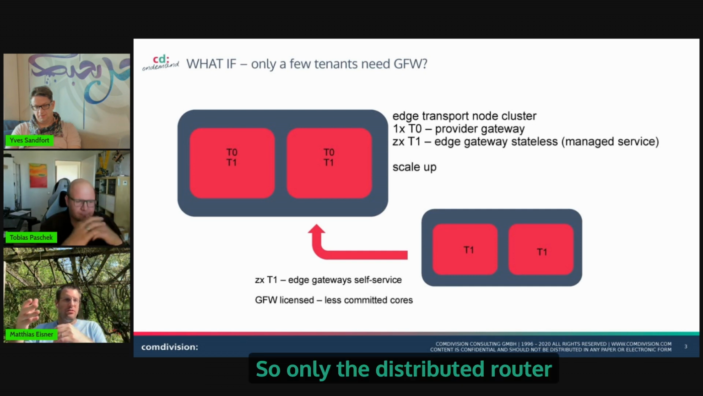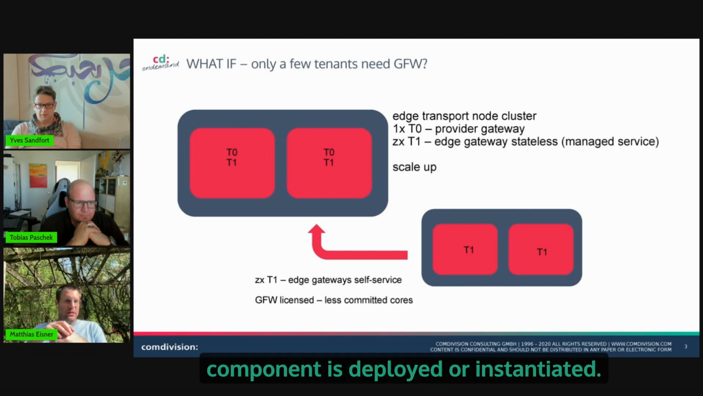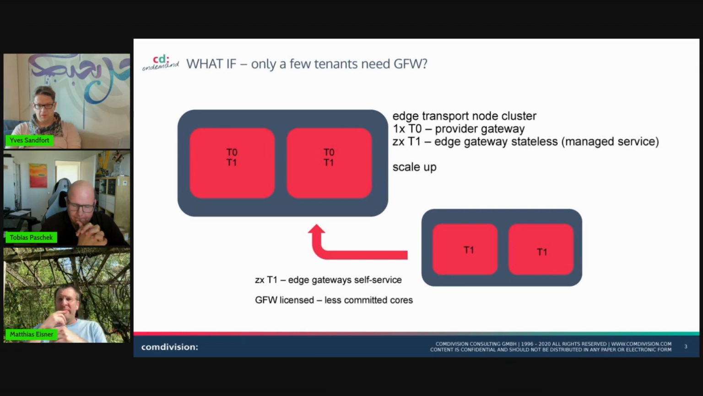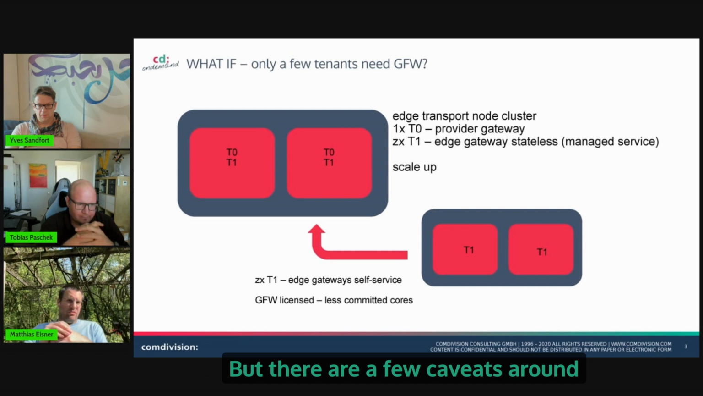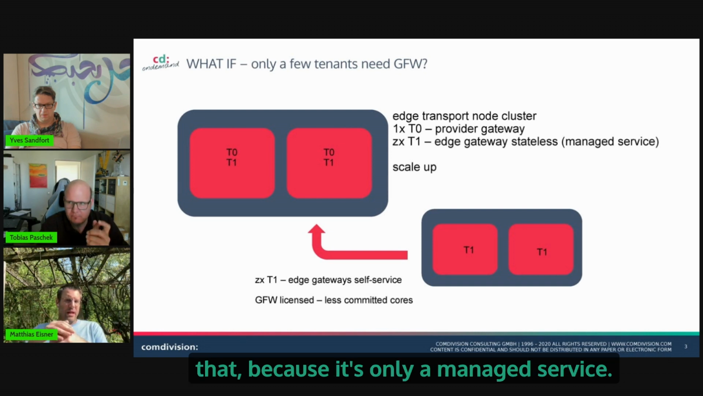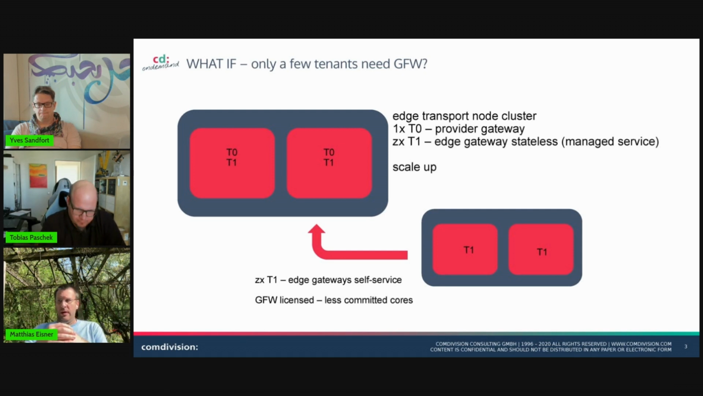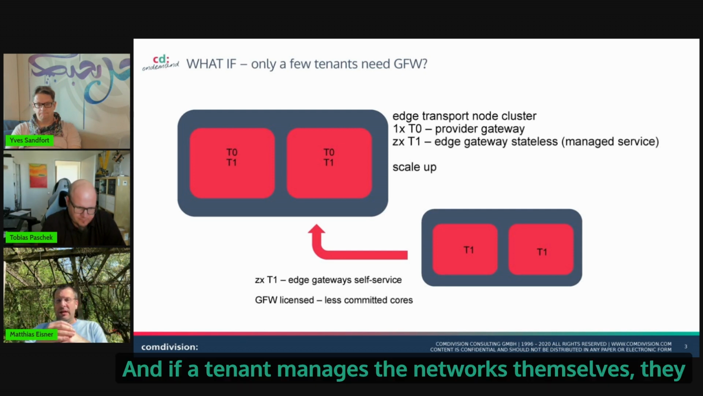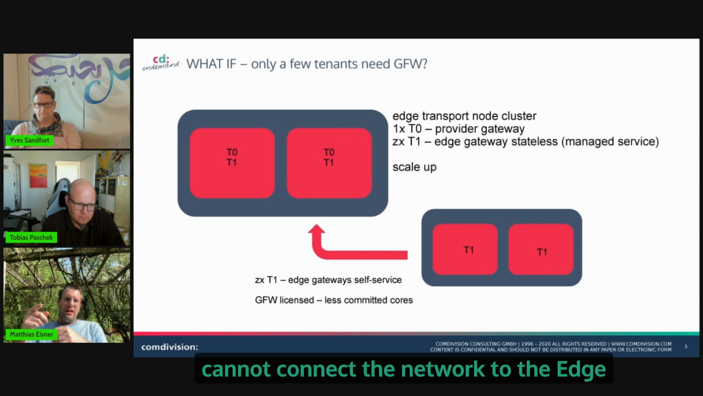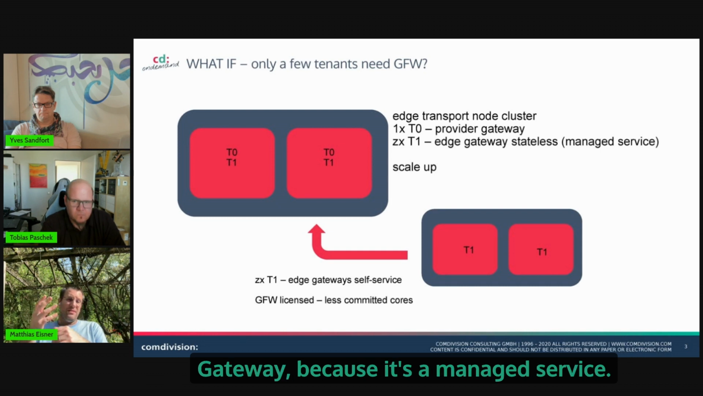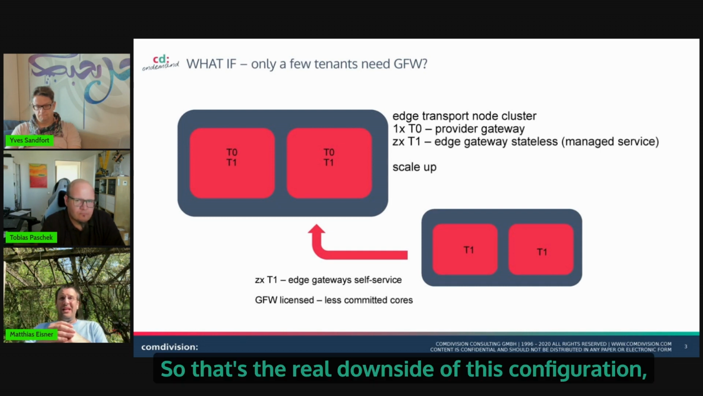Exactly. So only the distributed router component is deployed or instantiated. Instantiated, yeah. But there are a few caveats around that, because it's only a managed service, so it can only be configured by the service provider. And if a tenant manages the networks themselves, they cannot connect the network to the edge gateway because it's a managed service. So that's the real downside of this configuration,